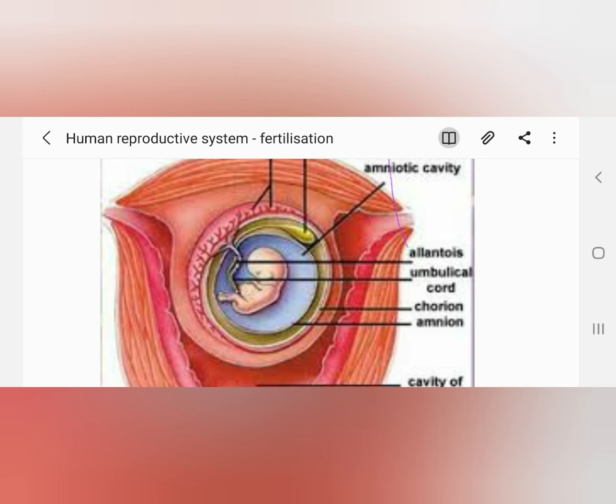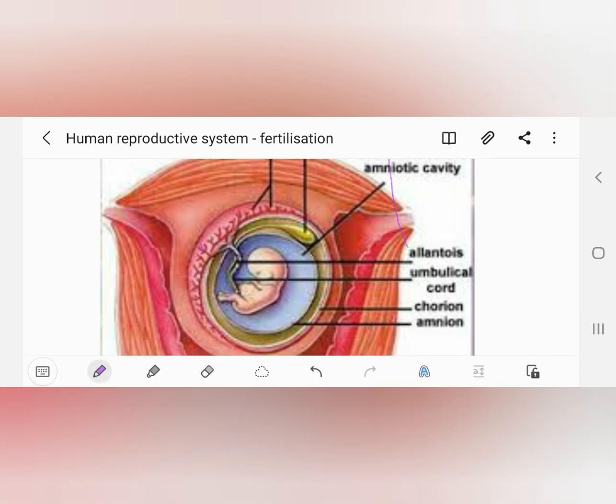Chorion, which provides nourishment to the embryo, gradually weakens, and in the place of chorion, a deep association between the uterine wall and embryo is developed, which is called placenta. Placenta contains the blood capillaries of uterus, means mother, and the blood capillaries of embryo. Both of them form a network which play an important role in the absorption of nutrients from the mother's body, and at the same time releasing of waste material into the mother's bloodstream.